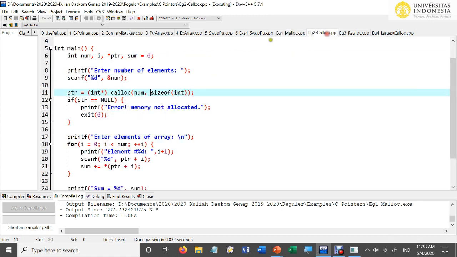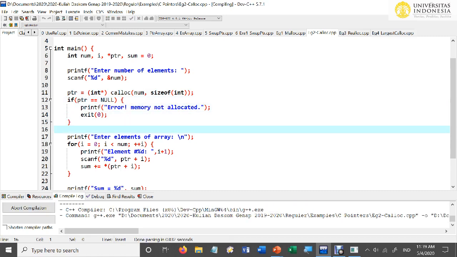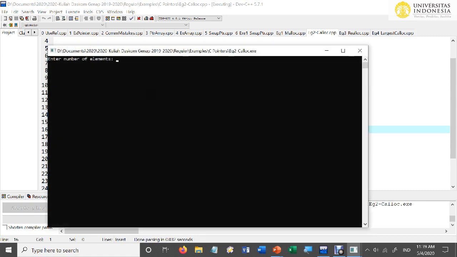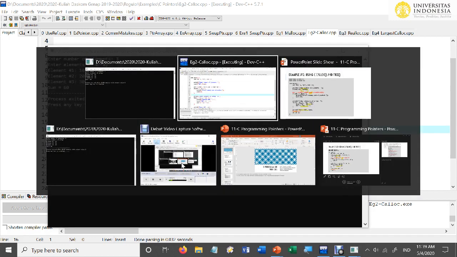In calloc, num comma size of integer. So you don't need any multiplication operator here. Just mention the number and then the size. All right, the result will be the same. I think I have to put the same numbers and the same sum. Okay, let's go to